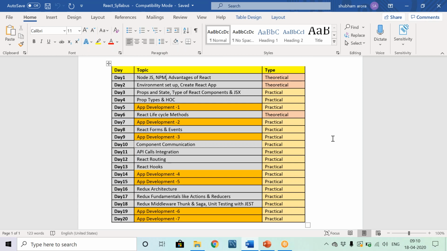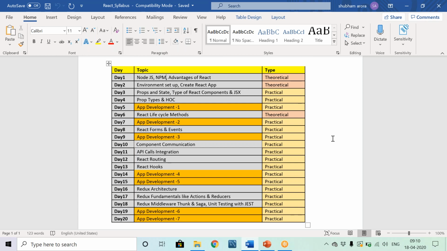We have covered props, states, how to work with them, different types of components, JSX, prop types, HOCs. Till now, whatever we have covered, we'll create a small application using that. Against each item, you can see only the first two, just to give you an introduction to React and environment setup, are the theoretical part. Apart from that, you can see every other session would be practical.